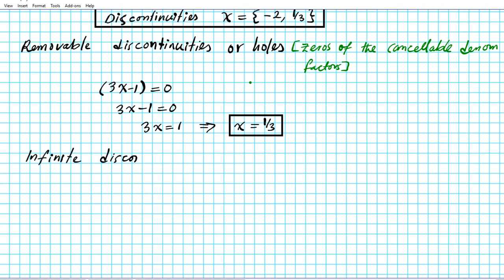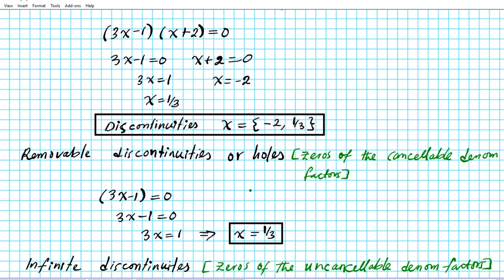Okay, so your infinite discontinuities can be found by finding the zeros of the uncancelled factors. For a removable discontinuity, we're looking for the ones that can be cancelled. For the infinite discontinuity, we're looking for the zeros of the ones that cannot be cancelled, or the uncancellable denominator factors. So what we're going to do is revisit the original function, and we'll ask ourselves